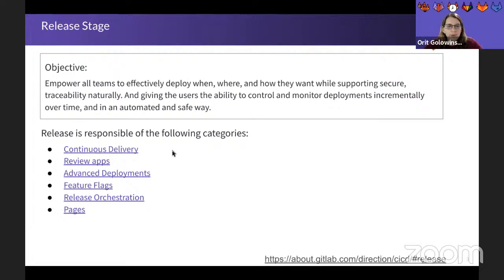So if you're already using continuous integration with GitLab, this is the next logical step. Just adding on another job that does the deployment for you. We have review apps. For those of you that are not familiar with review apps, it's a feature that allows you to preview your changes based on your feature branch, your merge request, and it spins up a production-like environment that lets you view what your changes will look like in a production-like environment without actually deploying to production, and